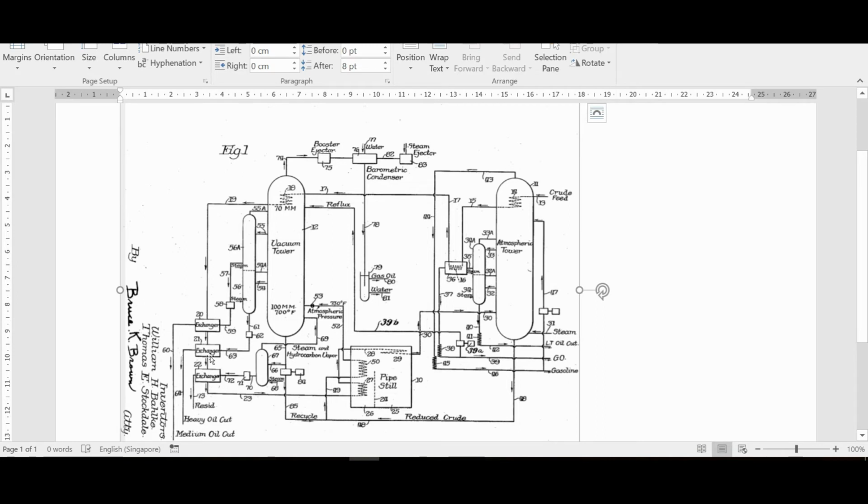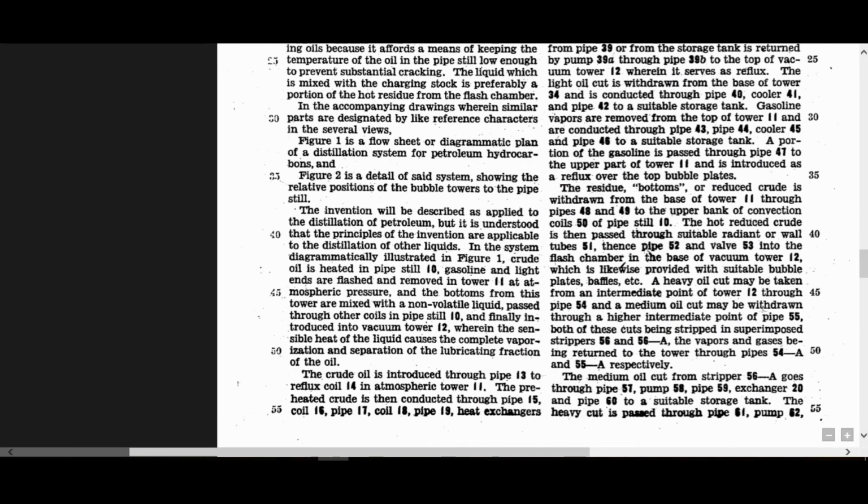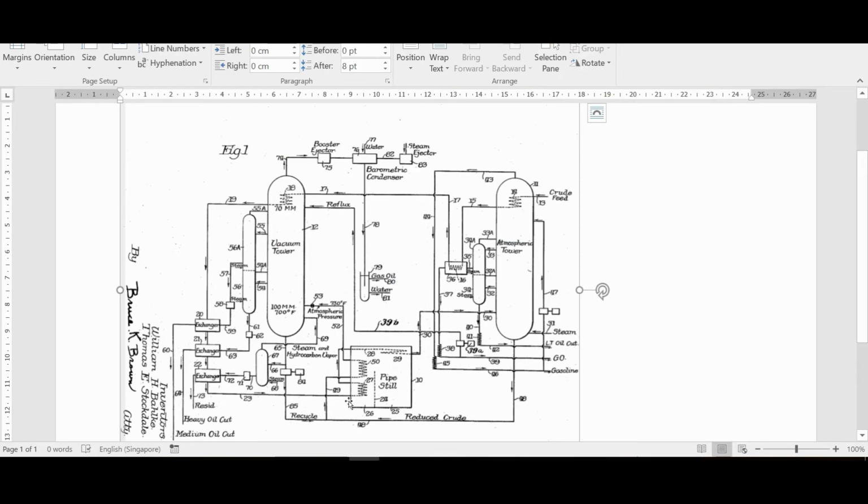So, once the crude oil is done here, it goes all the way into this pipe still. This pipe still is labeled number 10. So it is heated in this pipe still. So what happens in this pipe still? It goes through to the heat exchanger here and goes in. This is a place where you heat up your crude oil. It works like a furnace, I suppose. So once the crude oil is heated, it goes through this heat exchanger coil and